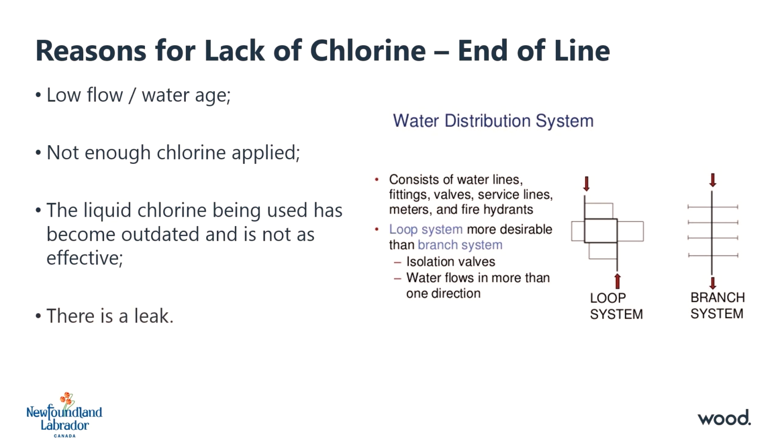There's also the possibility that there's a leak. For chlorine dosing systems that are not flow-paced, a water main leak somewhere in the distribution system can negatively impact chlorination efforts and lead to reduced residual chlorine downstream of the leak, especially at dead ends. This is because more water is being pumped from the source due to the leak, but the chlorine dosing has not been proportionally increased. Now that we talked about the possible reasons, let's discuss some of the options you have